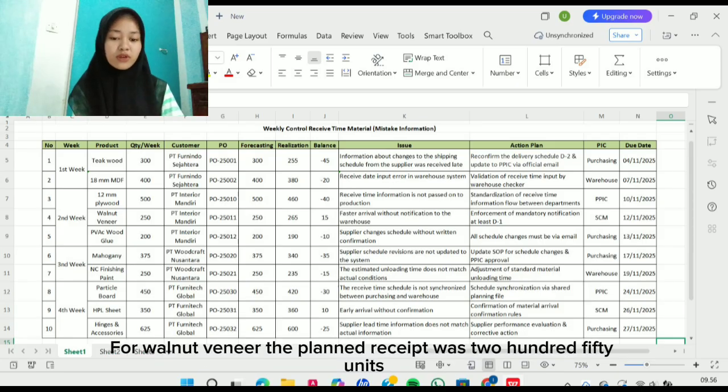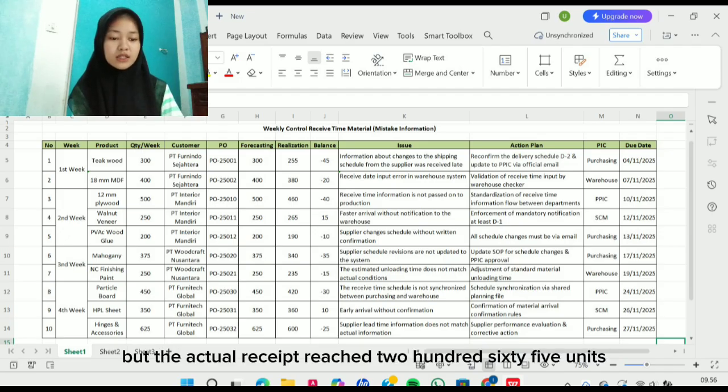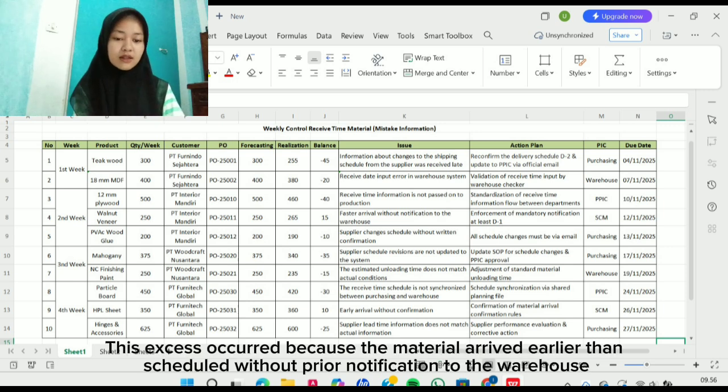For walnut veneer, the planned receipt was 250 units, but the actual receipt was 265 units. This excess occurred because the material arrived earlier than scheduled without prior notification to the warehouse.